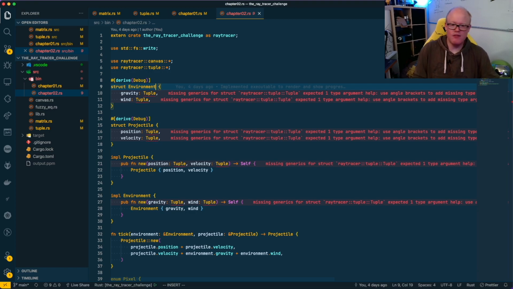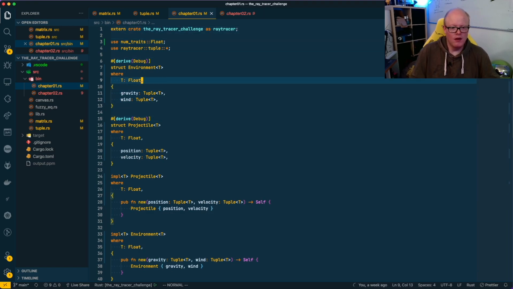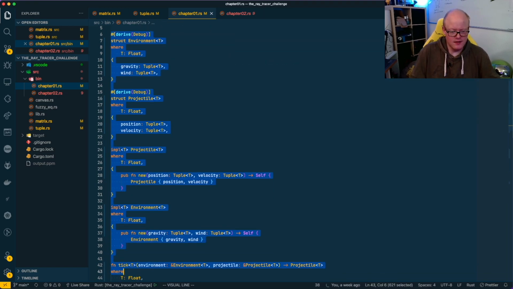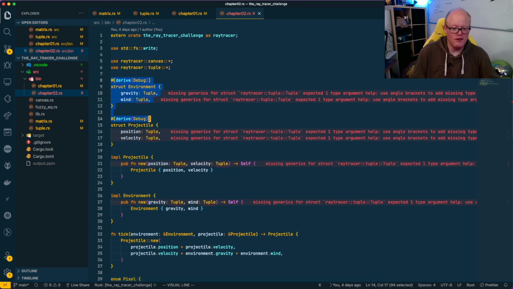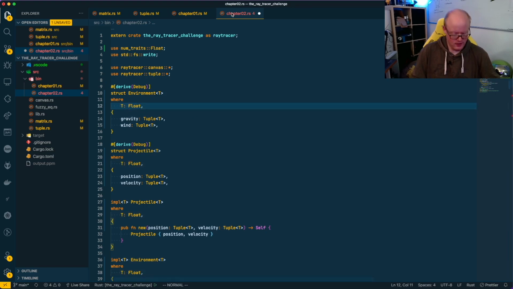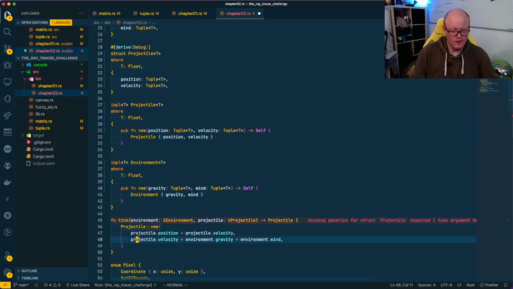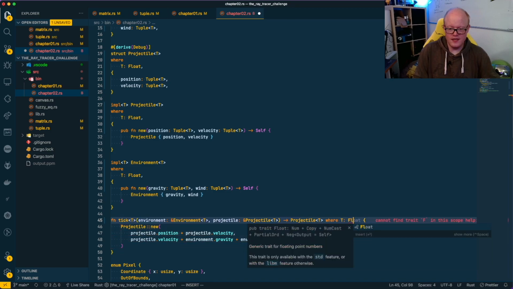So yeah, let's do the same thing here for the chapter 2 thing. Oh, I guess we can easily copy that over because it's the environment and those things are exactly the same. The tick function is a little bit different, so let's just copy this part and let's import float here as well. So that's a nice one. Let's do this tick environment then, and how did I do this? I guess like this. So let's do this and this and this, and let's say where T is a float,